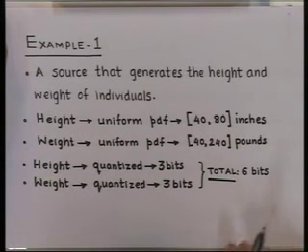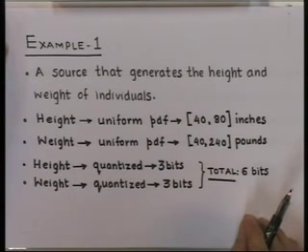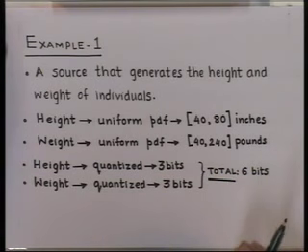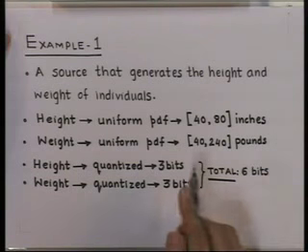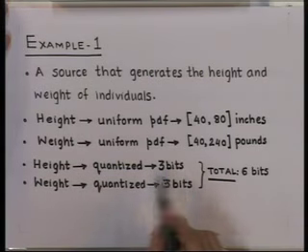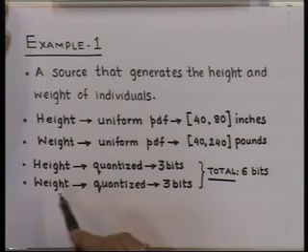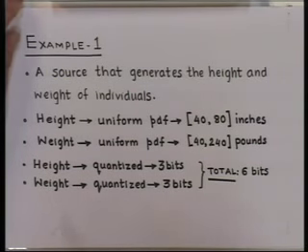Now, we have been told that we have total 6 bits to allocate for the quantization of both height and weight of an individual. So, let us allot 3 bits to quantization for height and 3 bits to quantization for weight. So, in this case,